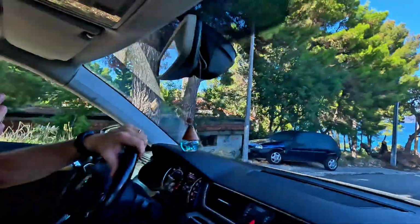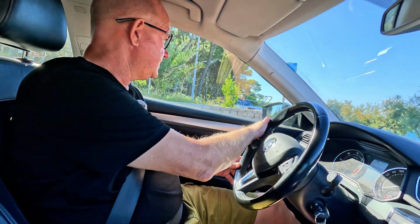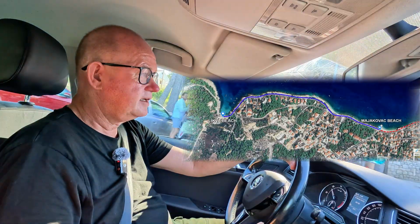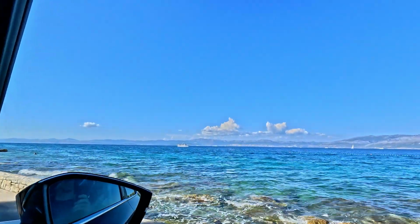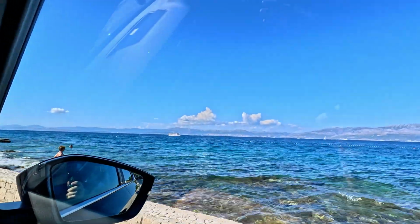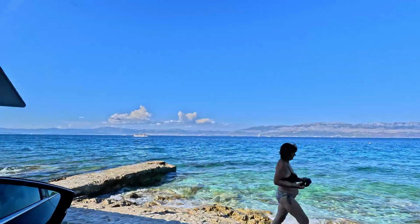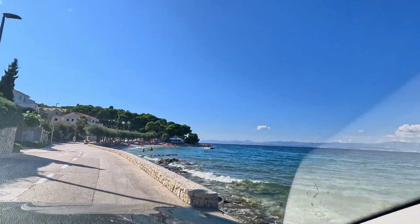So now we took the car and drove out to the area where we basically stopped walking earlier on the west side of the city. So now we're gonna drive along the coast because out here cars are allowed. So that basically you can see the rest of the coast here in Sutivan, and we have beaches all along, mixed between rocks. Somewhere there's a little pebble, but basically everything is a beach in a sense, or people would use it as a beach. Here we come up to another pebble,